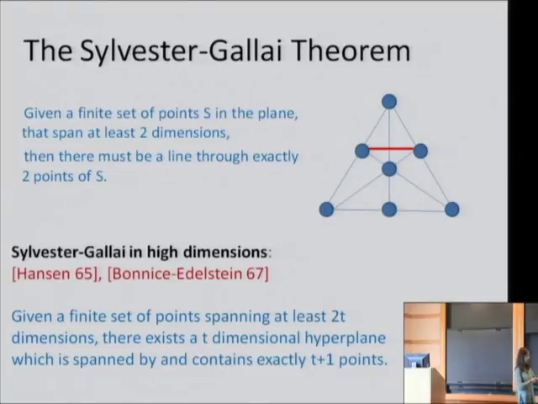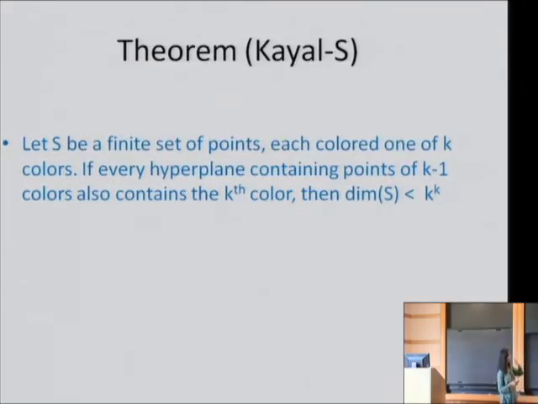Okay, so this looks like t plus 1 points in general position. There's a hyperplane through it, and no other point sits on that hyperplane. So these two theorems form the core of our argument, and we show that in fact if you have a finite set of points, each one colored 1 of k colors, and if you have the condition that any hyperplane which passes through k minus 1 colors also passes through the kth color, then these points must sit in a